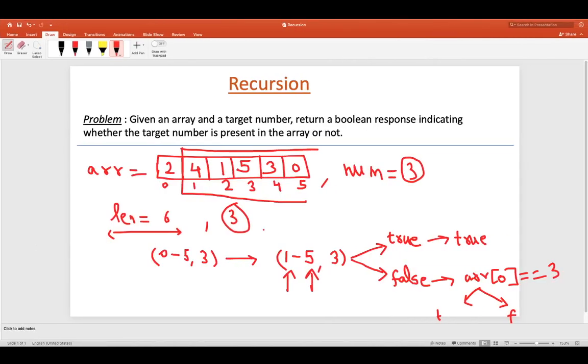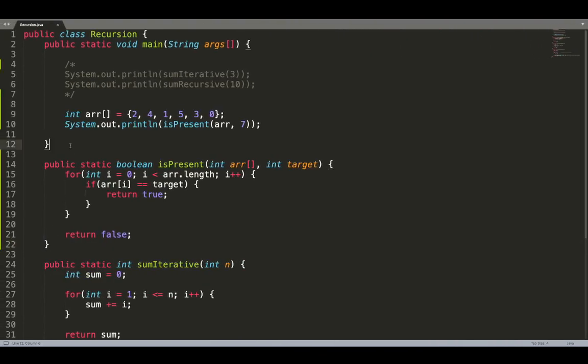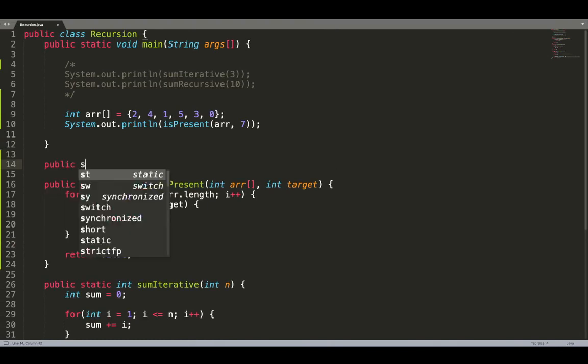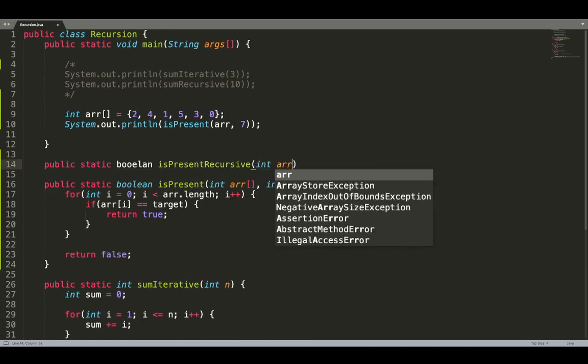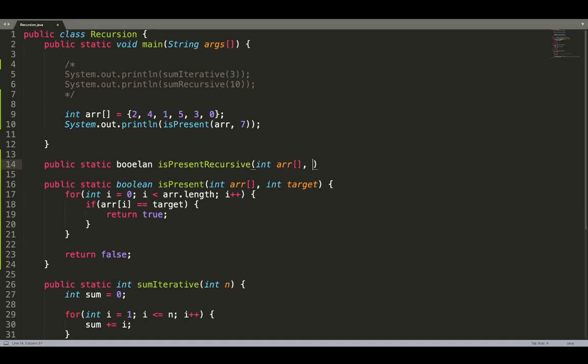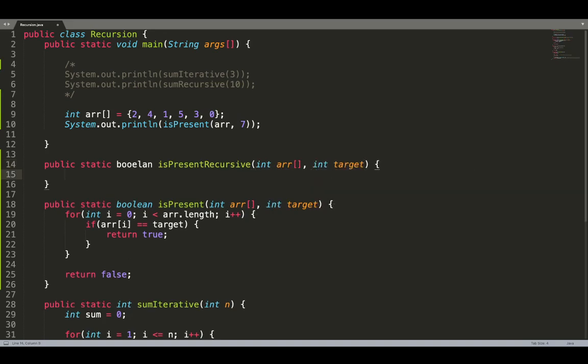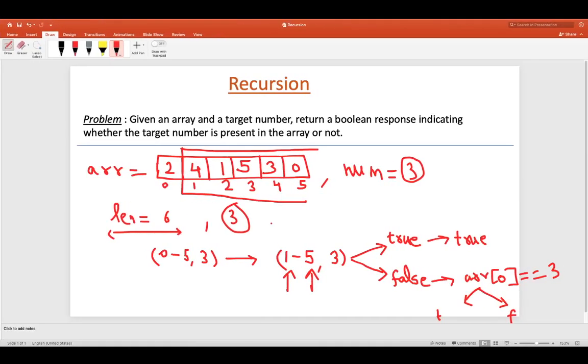So now let's try to write this recursively. How will this look recursively? The signature will remain the same. Let's call it isPresentRecursive. It will also take as input an array, and it will take a target. Now let's get back to our explanation for once.